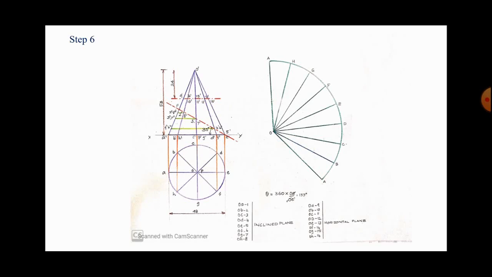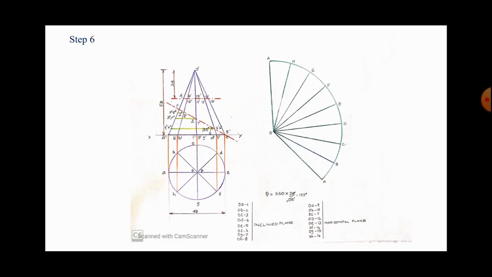For the horizontal cutting plane, which is at a distance of 24 mm from the top, it is not an issue because all the distances can be measured to the point 9 dash. So you place the compass at the point O dash, take the distance to 9 dash and mark it along all the edges in the developed figure. That is in OA, OB, OC, OD, OE, OF, OG, OH, etc.